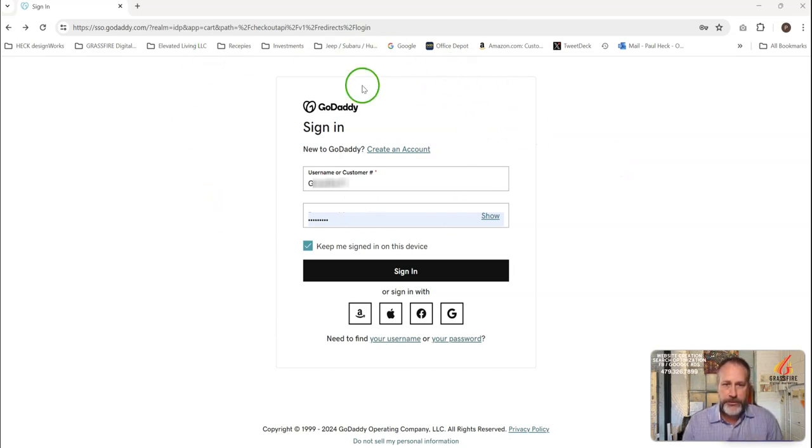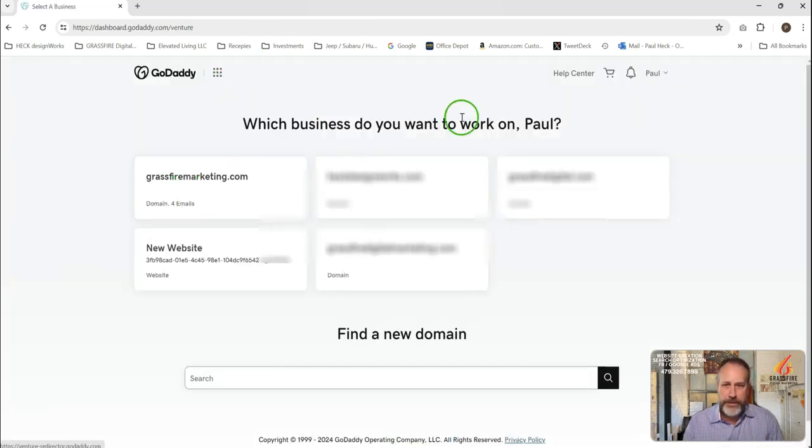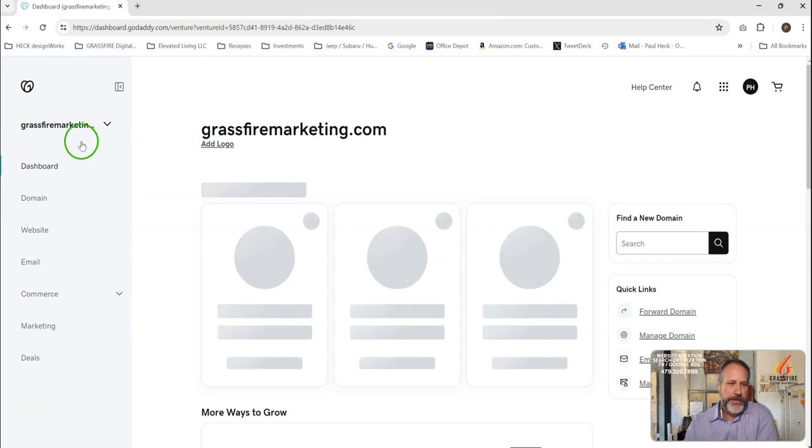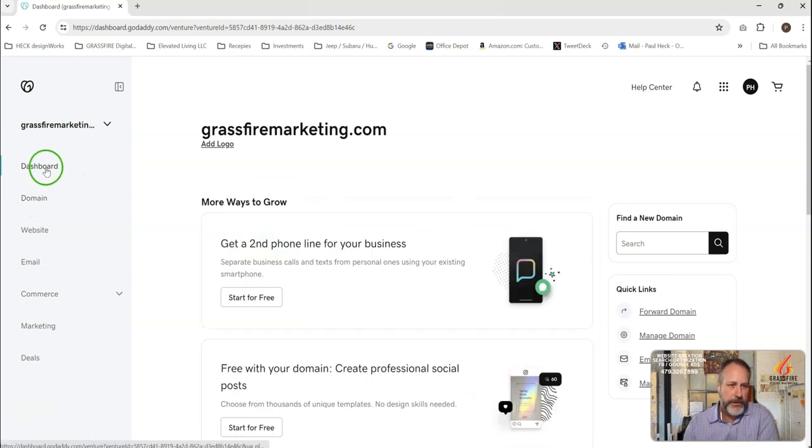So we're going to go through how this process works and how you need to give access to them. So you go to your GoDaddy sign on page and you sign in. We'll go ahead and sign in. This is going to come into my account, and you're going to see that it takes you to your page. It takes you to your domains. I'm going to go into this domain here,